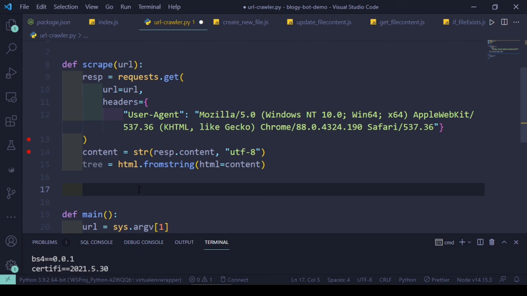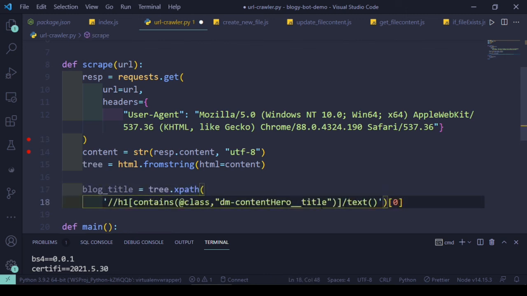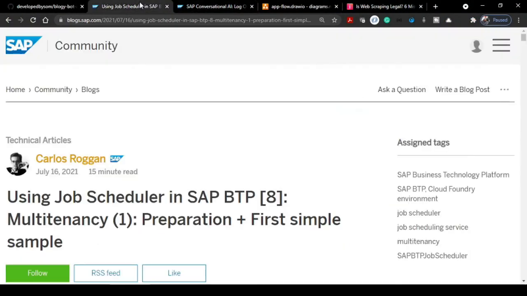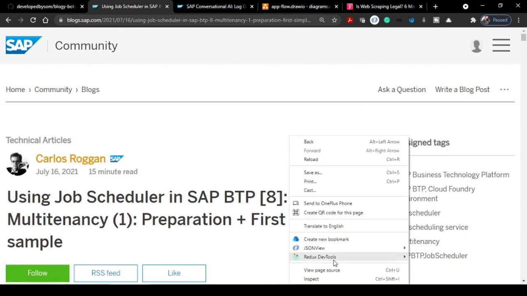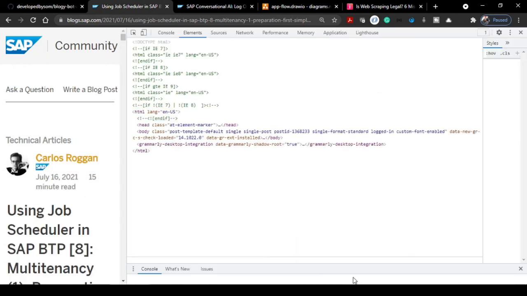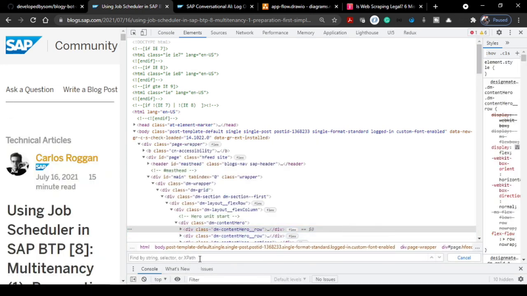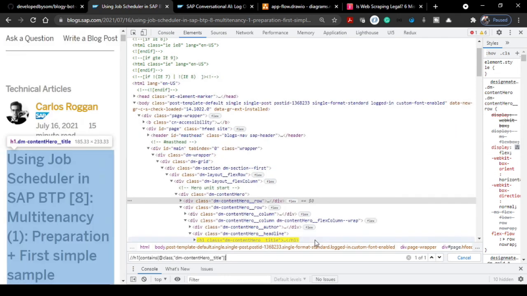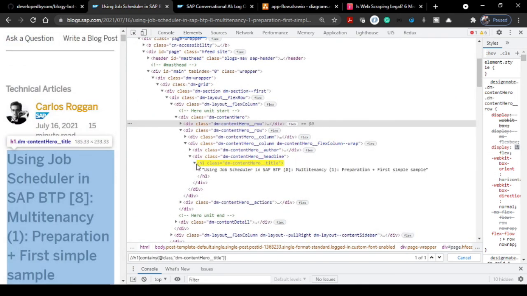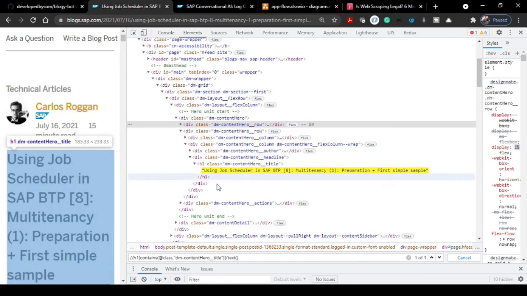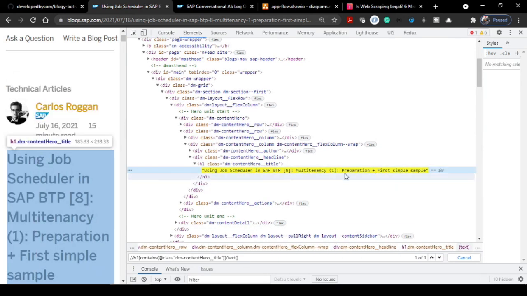Let's first collect the blog title, and if you want to know how I got it, let's copy this and open any SAP URL. Say this is one URL I want to check, go to inspect, and if you click Control F, you will have something called CSS selector or XPath. I'll place this XPath, and you'll see it comes to this one, and this is the particular blog title. So for that I'll just use text, and it will purely grab this particular text string, which I need.